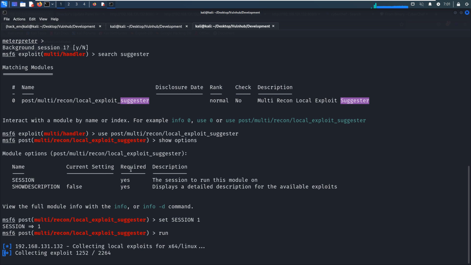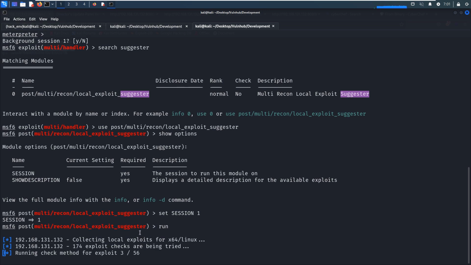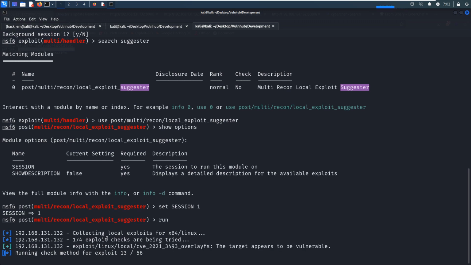Now this module is collecting local exploits for the target machine. If the module can find a vulnerability or an exploit, then we can use this module to elevate privilege.